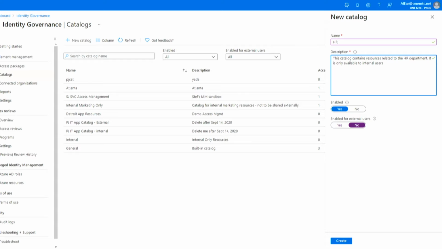So we give it a name, we give it a description, and then we've got a couple of things in there enabled. Can people actually use it, or is it just sort of in preparation? And then key to that, the next part there is it enabled for external users? So if we don't enable it for external users, we can't create an access package that will publish it. So we can have just internal packages where we just can't publish it externally. So the next step that we go through